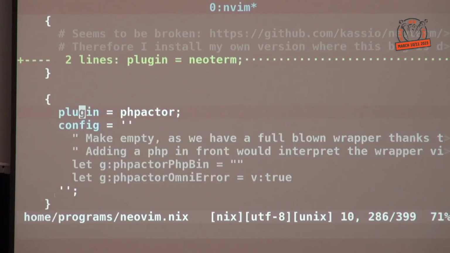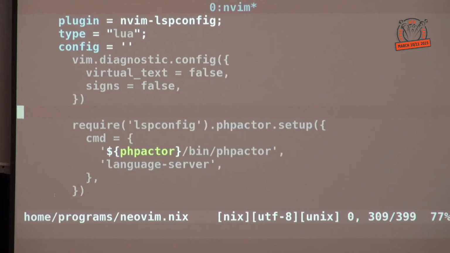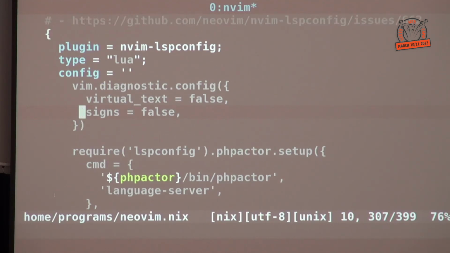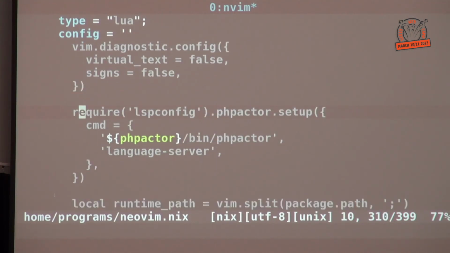Another thing is I'm using a programming language, Nix in this case, which allows me to use all the feature sets of a programming language. Now I can program my configuration. So in this case, I'm configuring the language server protocol for NeoVim. So language server protocol is something invented by Microsoft. They are not doing only bad things, but also good things. And that one says, okay, you can use a stupid editor, and someone else can implement language servers for different languages like PHP, TypoScript, TypeScript, JavaScript, stuff like that. And then we have this protocol which defines how to communicate between both,